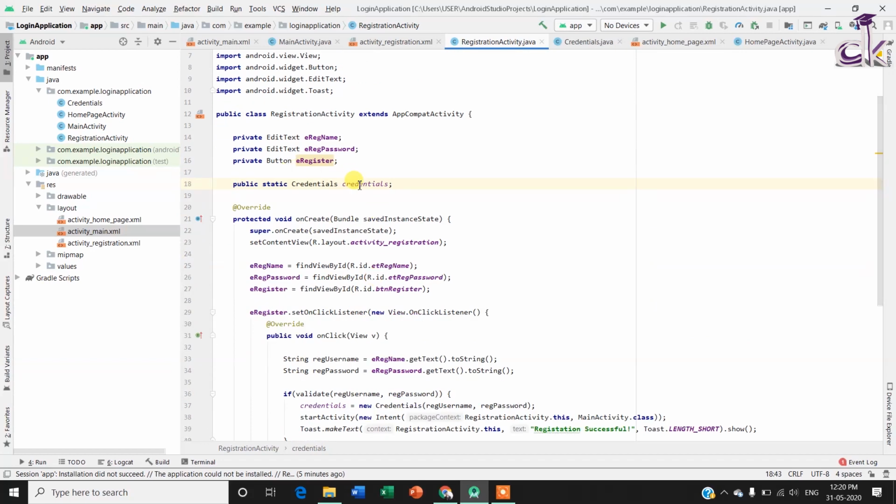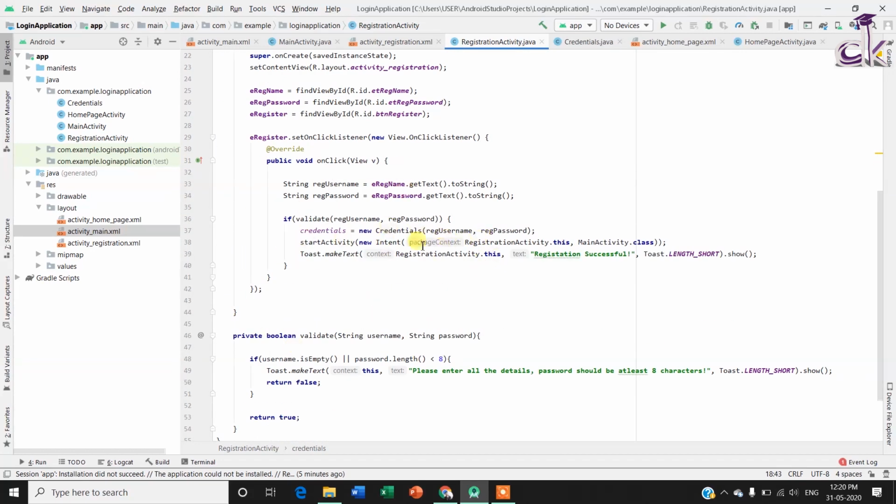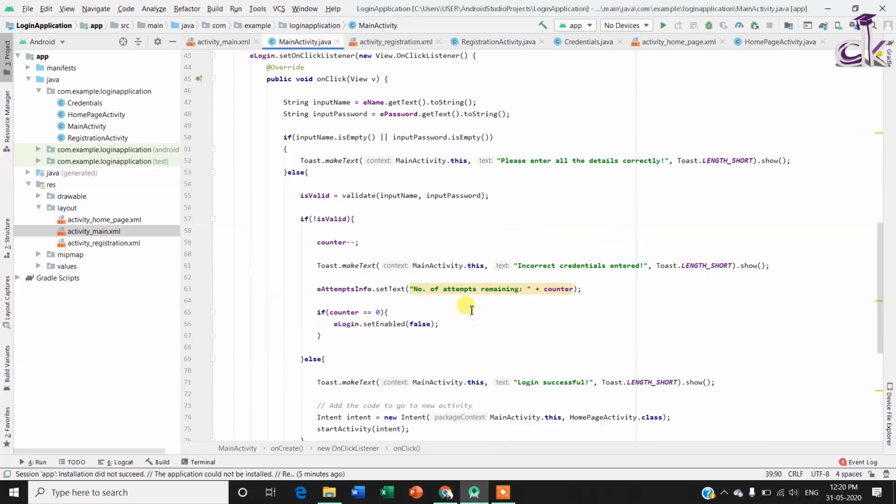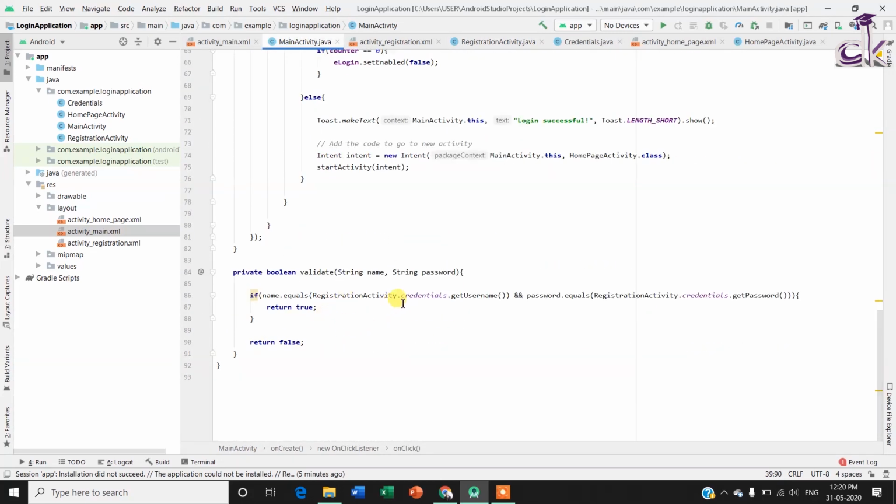Inside the registration activity, we have created a credentials object. We store the new credentials which are input by the user, and then we are going to use these credentials inside the validate function here. So we're going to use the same object that we created in the registration activity, and the way you do that is you take the activity, and I told you to access any variables inside a class, you just need to use the dot operator. I'm going to do that, and to operate any of the variables or functions inside the credentials class, again you will use the dot operator. You're going to use the getter here for getting the username and the password. So that's how it works. And in case the username and password is same, then we're going to say return true, and if not, we're going to say false.